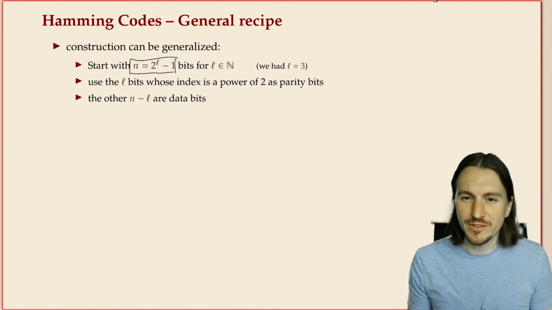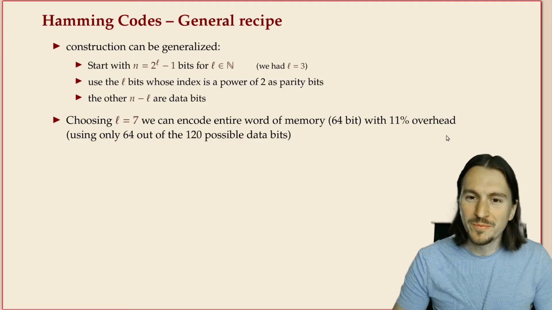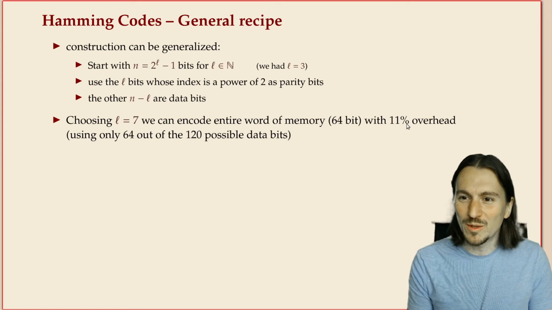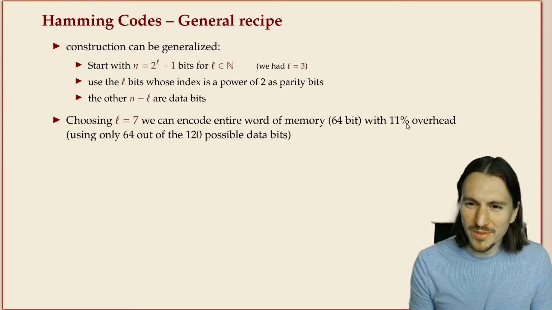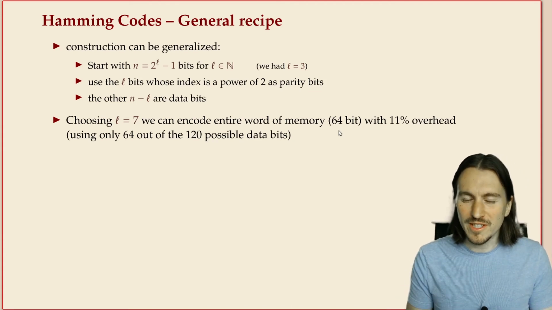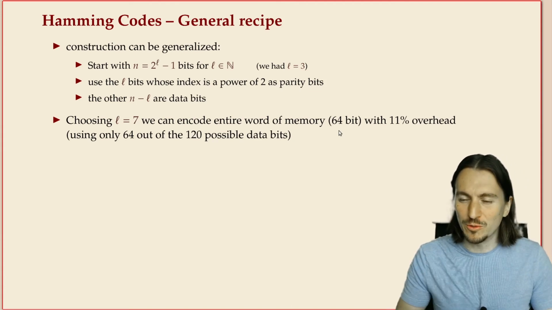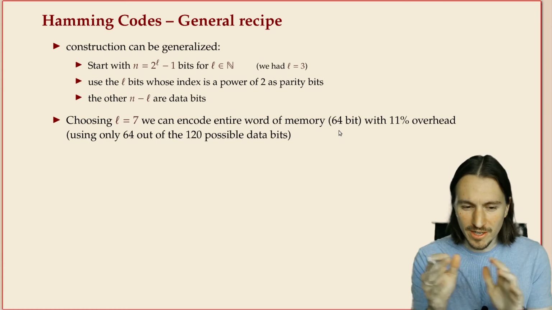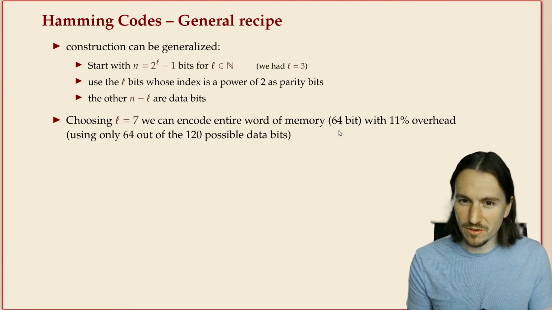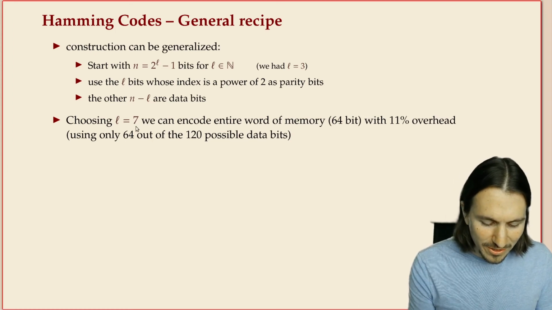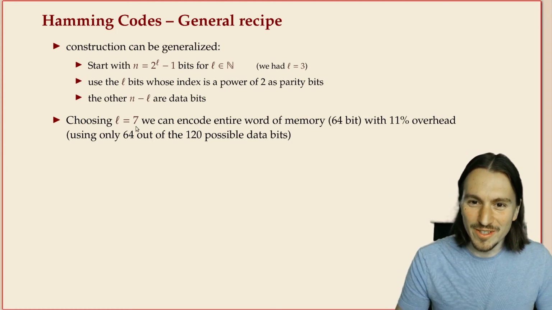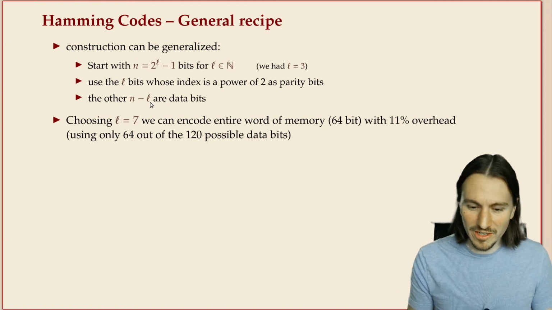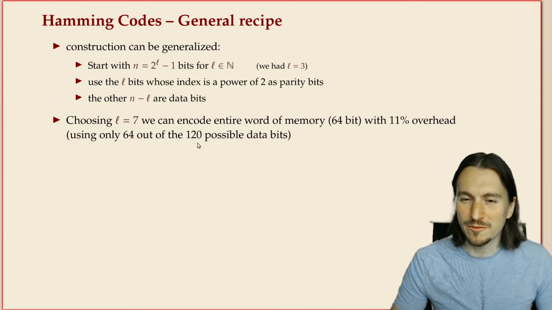And now we have the parameters N and L to play with. Here's my example from before. If we want this 11% overhead, what we can do is choose L equals 7. Then we can encode 64 bits. That's 1 word of memory in our usual architectures, 8 bytes. So you can encode that as 1 block, and any single bit error in 1 word of memory is then correctable. Now, you might notice that 2 to the 7 minus 1 minus 7 doesn't quite work out to 64. In fact, we waste a lot of bits here,